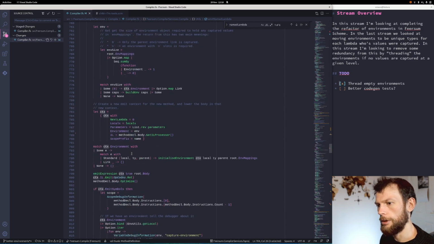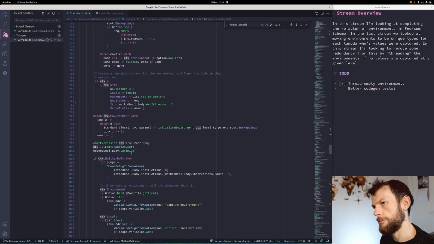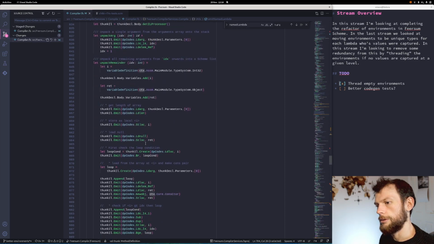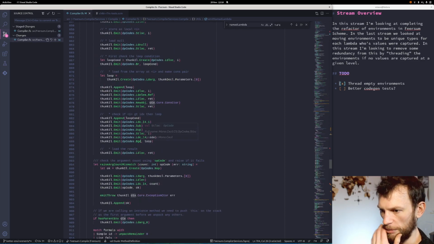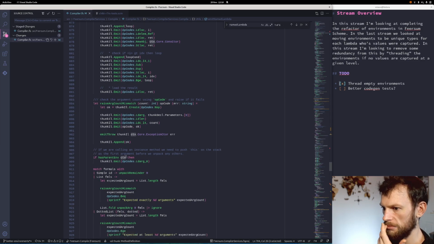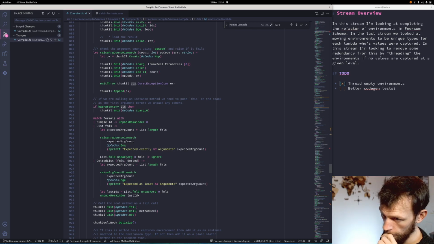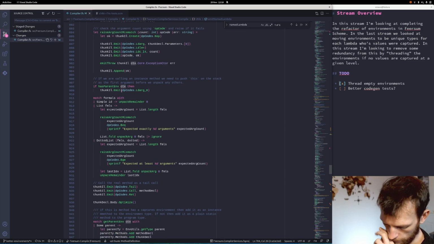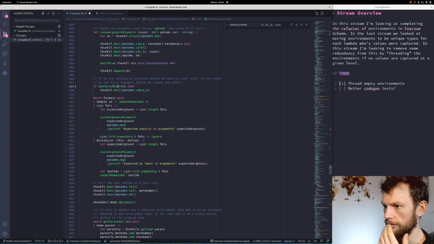But then later on, we look at the parent environment. This is less has parent env, but it's more like